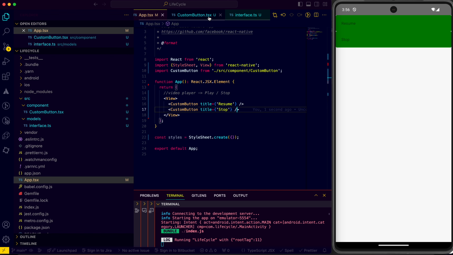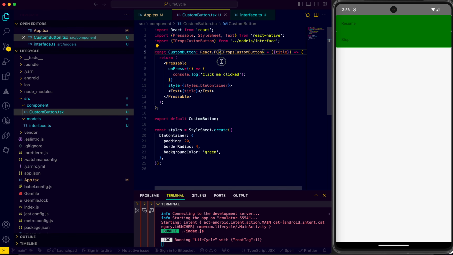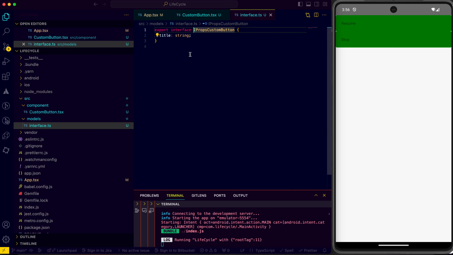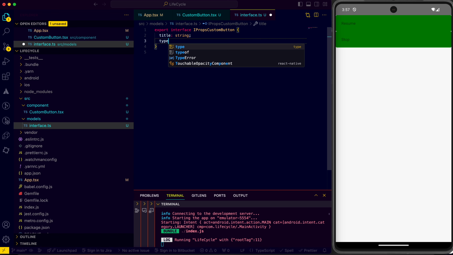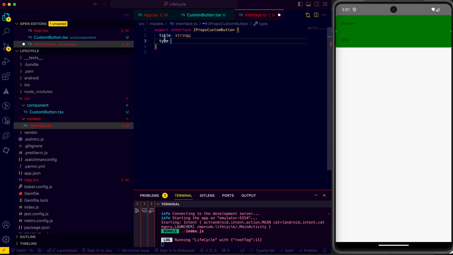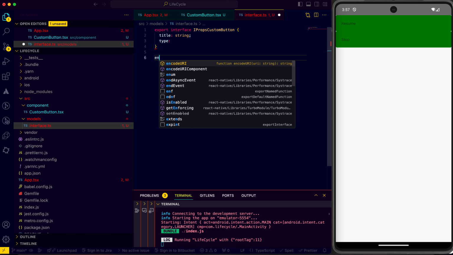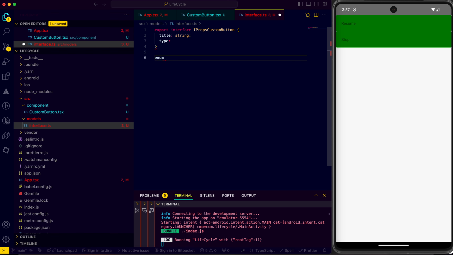Okay, now let's also do a bunch of things, right? We also want to change the color, right? So let's not use title, let's use type, and we'll stick to our example of a video player application. Okay, no, let's keep this title. Let's create one more prop called type. Now title was of type string, but for type, I want to create an enum. Now what is an enum? That's an interesting thing. So we can just say enum,